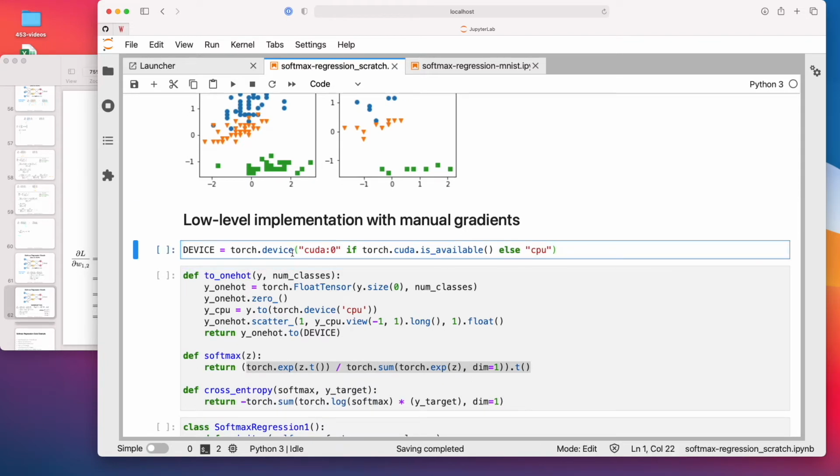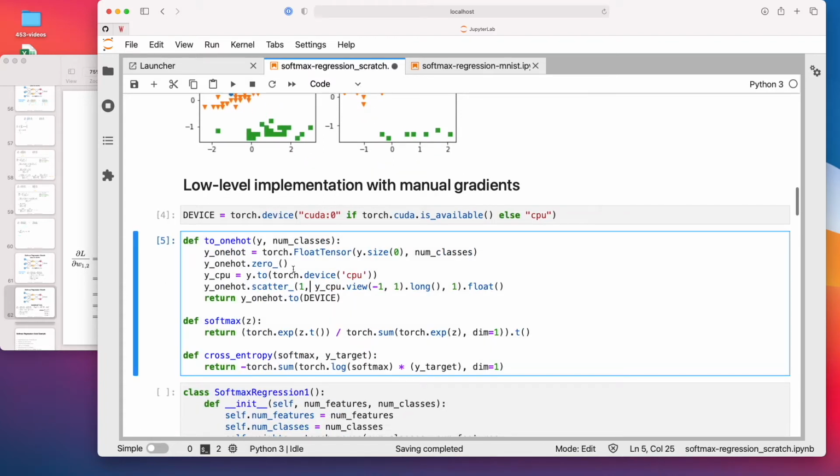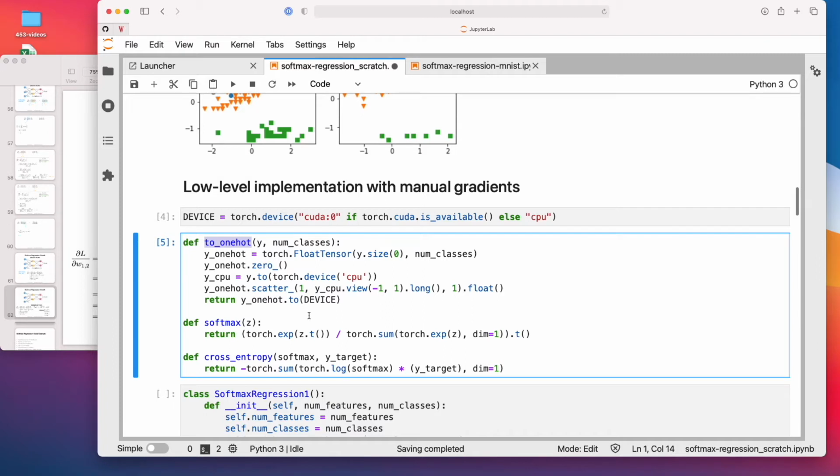So starting with our low level from scratch implementation, computing the gradients manually. Here I just defined some helper functions: one that converts the class labels to a one-hot format, a softmax function, and the cross entropy as the loss function. Note that you don't have to implement any of that when you use PyTorch regularly, the regular version of how people implement code in PyTorch, because PyTorch will do the one-hot encoding internally, implicitly, when we compute the loss.